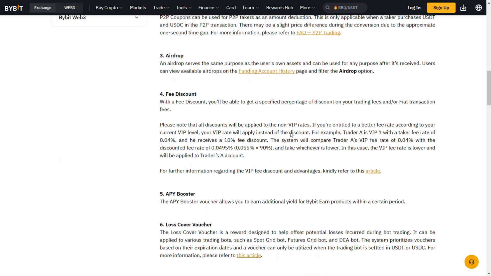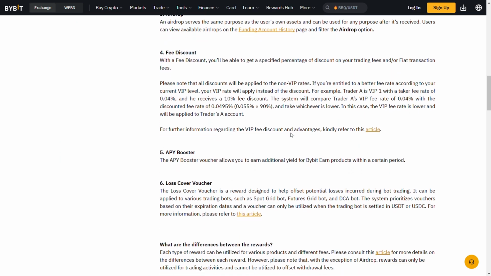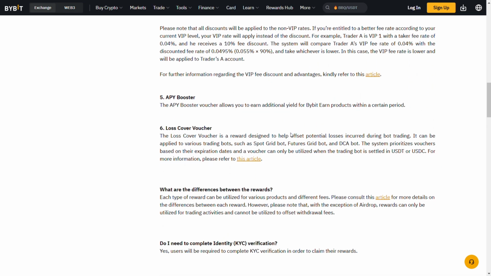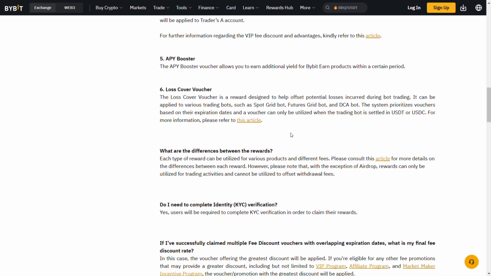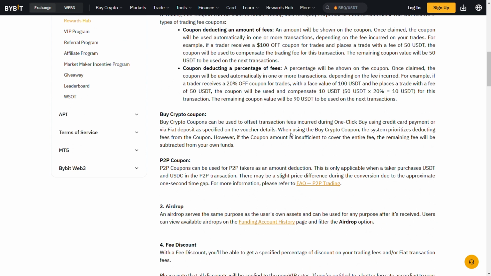You can also receive airdrops. You can receive free discounts. You can receive APY booster. You can receive loss cover voucher. So these are different types of rewards, but right now we're specifically going to be talking about the 20 USDT